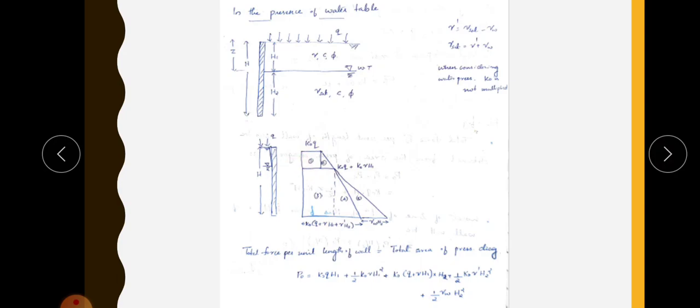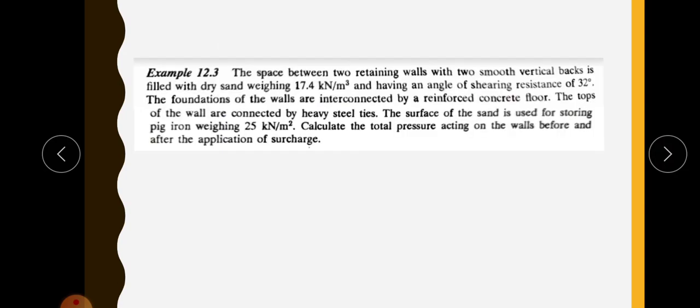So in the university exam, this type of problem will be asked. So before solving, you should draw this pressure distribution diagram, the earth pressure diagram. Okay, so this is very simple. So if you have any doubt, you can WhatsApp me. Okay, this is very important because for the exam it is asked as a 7 or 8 marks problem. So if you have any doubt, you are free to ask. Next we can do one problem.